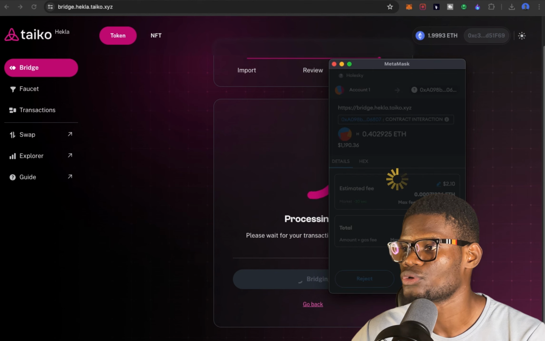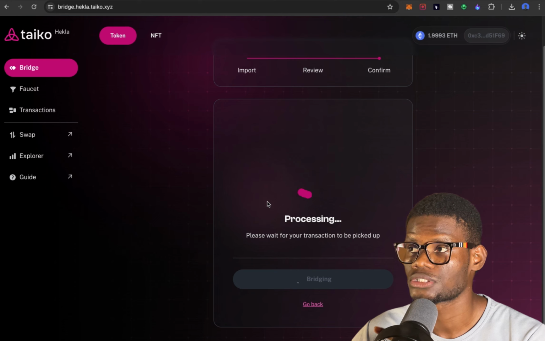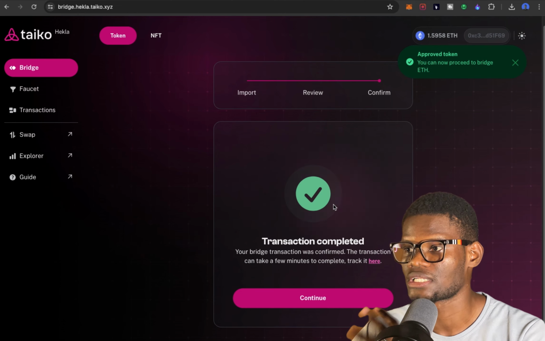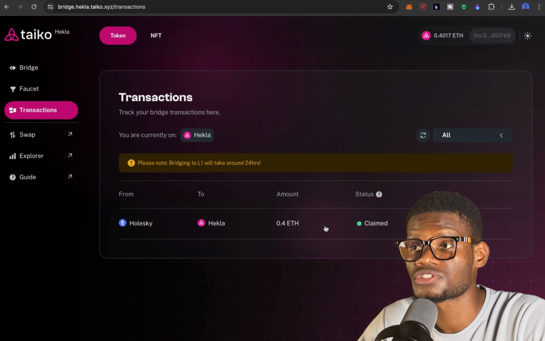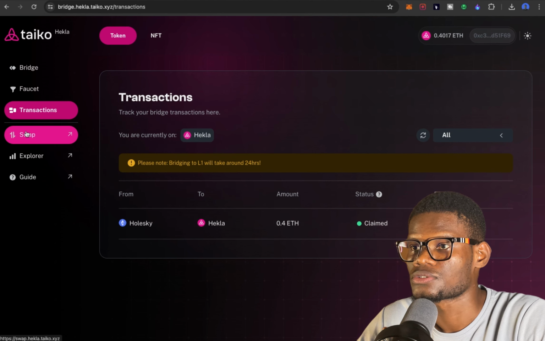So I'll wait for it to load. Confirm, then confirm. Since it's bridging, you just have to wait a few minutes for it to bridge. Then now it's done. All right, so if you notice, you see my transaction right here has been confirmed. I've claimed this. So let's click on